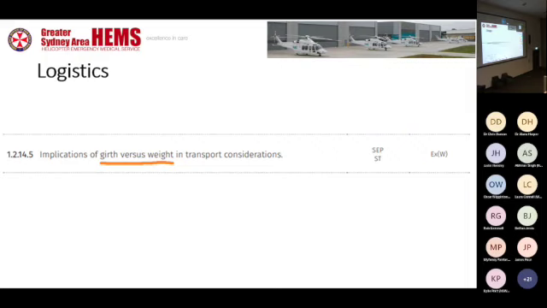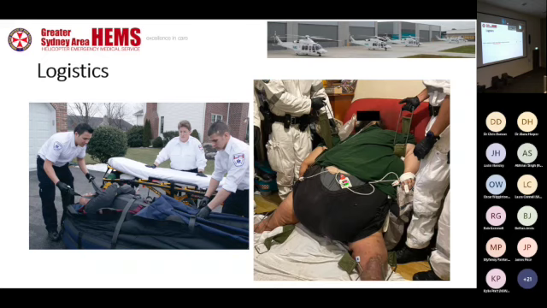So just in the final 5 minutes, speaking about logistics. This is on the DipPHRM as well, and it was something that was new to me coming into pre-hospital retrieval, that girth versus weight issue. And quite a lot of the time it seems to be girth, the patient's width, that's actually limiting you. So in terms of getting a patient out, this picture on the right was actually from Chris's job,